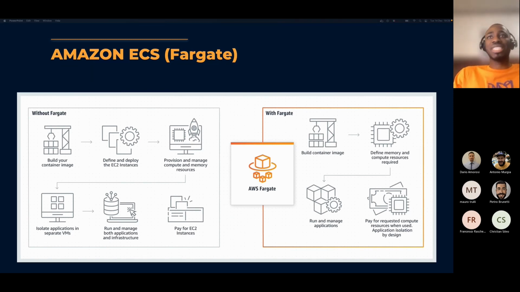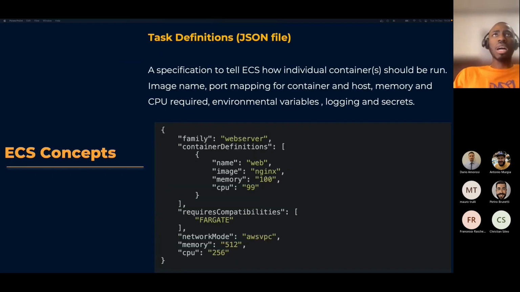It means someone else manages that server for you, and you just specify the memory, the CPU, and your image and other configurations, and then your workload is deployed, and you can manage that instead of managing the server behind it. We would, of course, take a deeper look into Fargate today,